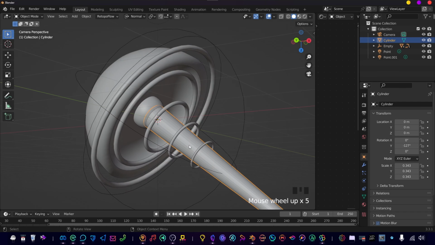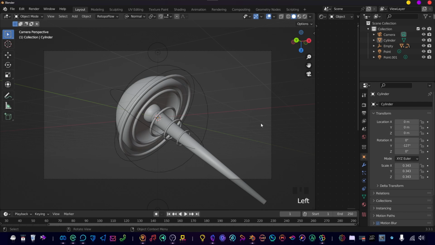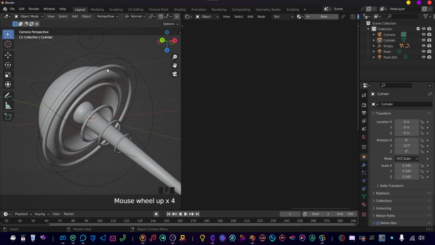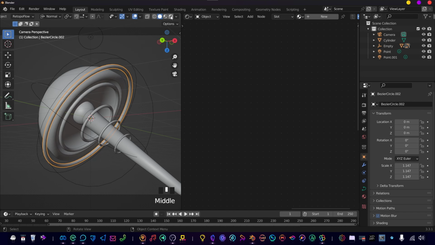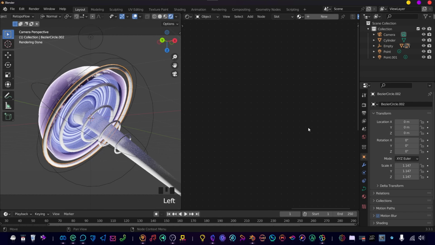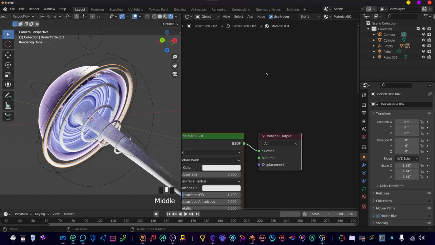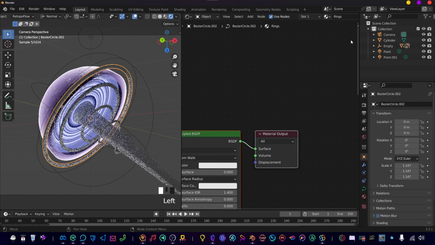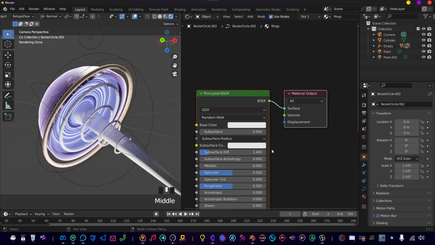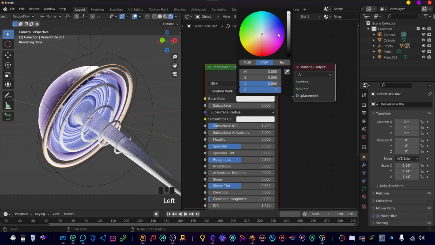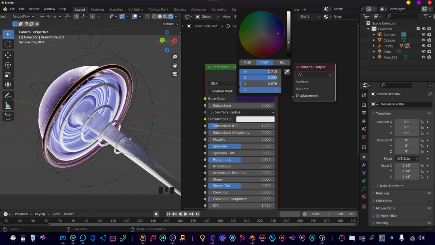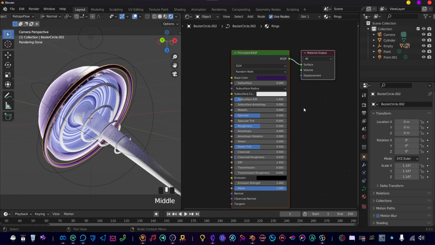Right, this looks good. Right click, shade smooth, and let's add a shader for our rings. Let's click the outer ring, for example, to shading. New material, going to rename this to rings. Going to use our Principled BSDF. This is a very dark purple. Going to set the metallic at 0.5, roughness at 0.3,